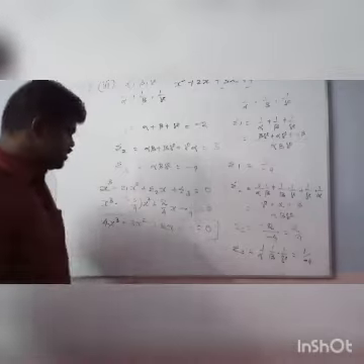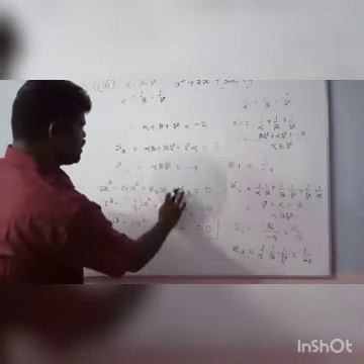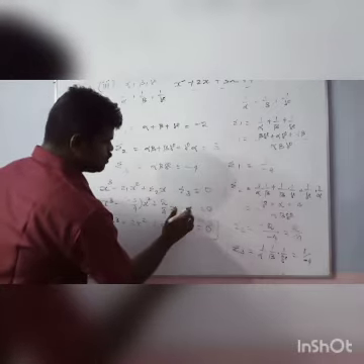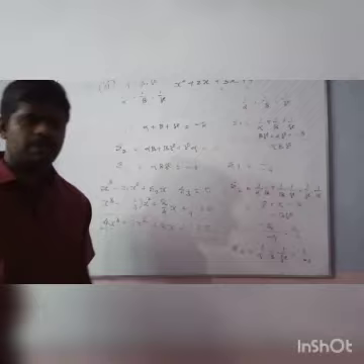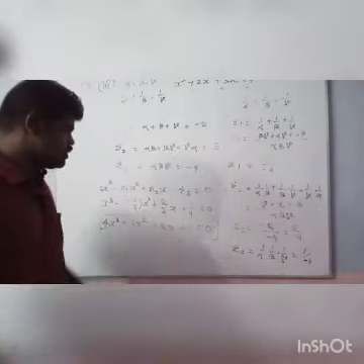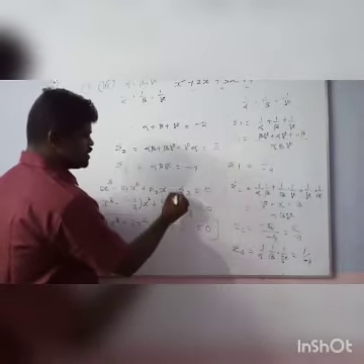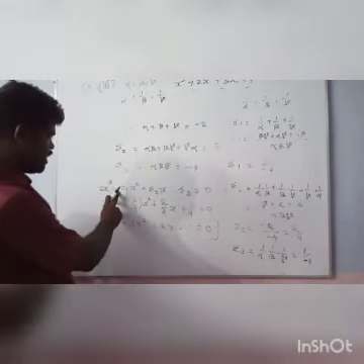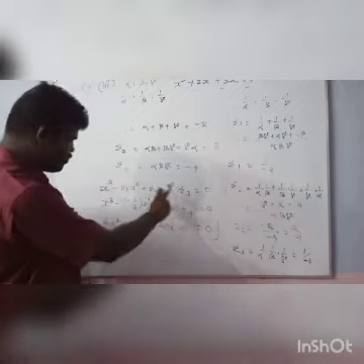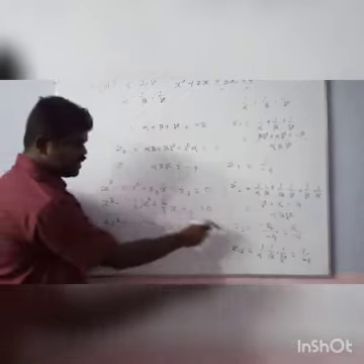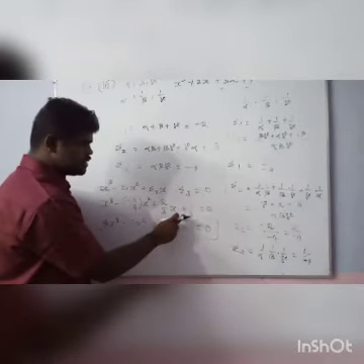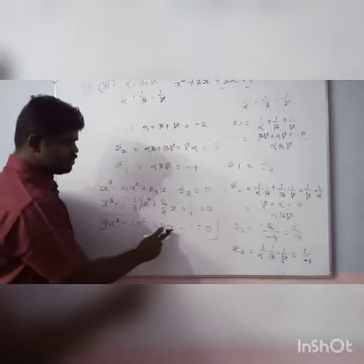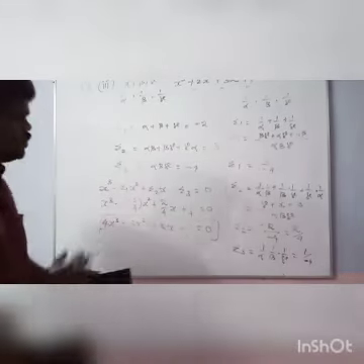Sorry, plus 1 here. This is the form of plus, here minus. Here also minus 1 by 4. Both minus are multiplied to give plus. This is the summation 3 form, and here also minus summation 3. Already minus 1 by 4 is there, so minus into minus plus. So plus 1. The answer is 4x cube plus 3x square plus 2x plus 1 equal to 0.